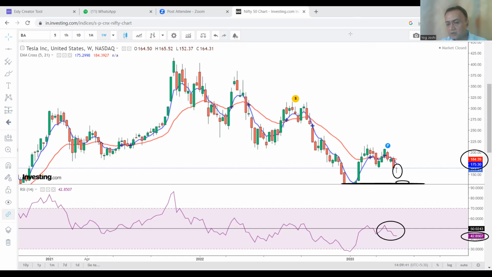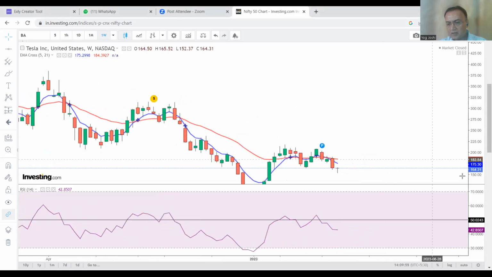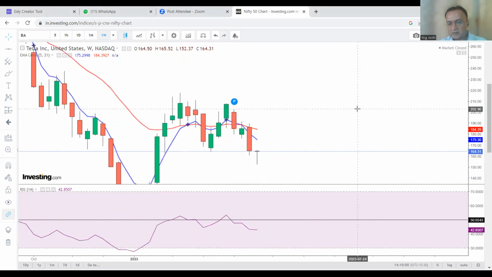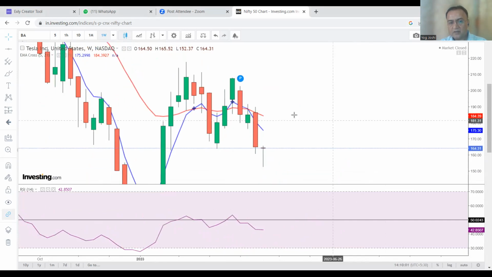Currently, none of the positive signs are visible on the chart. Why? Because this is an indecision candle, and this is a big red candle. If I slightly zoom in, it's a clear-cut big fish and small fish pattern. It's an engulfing bearish pattern, and engulfing bearish is itself known as a negative pattern.